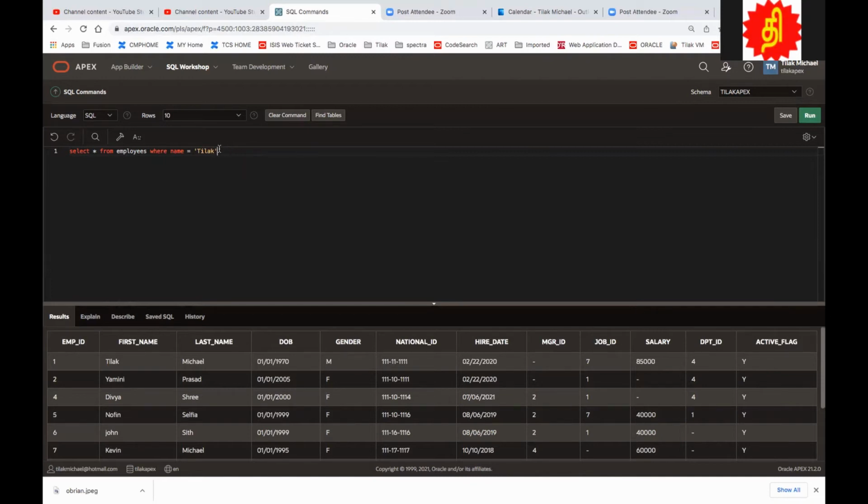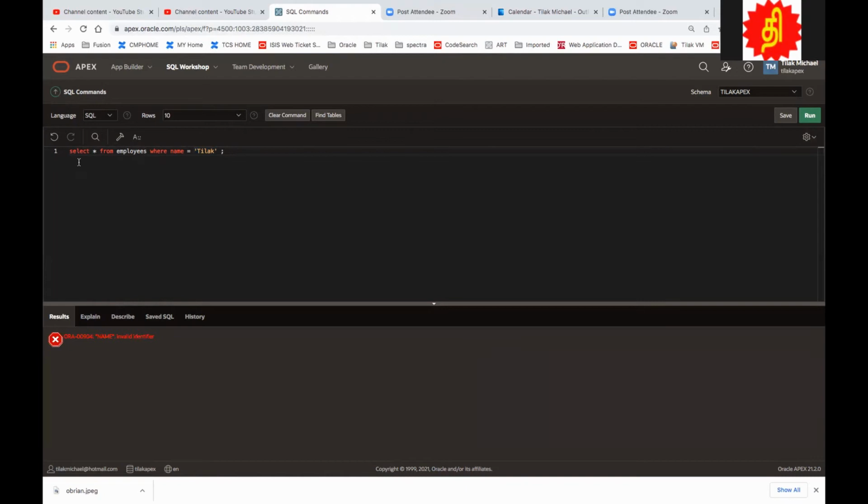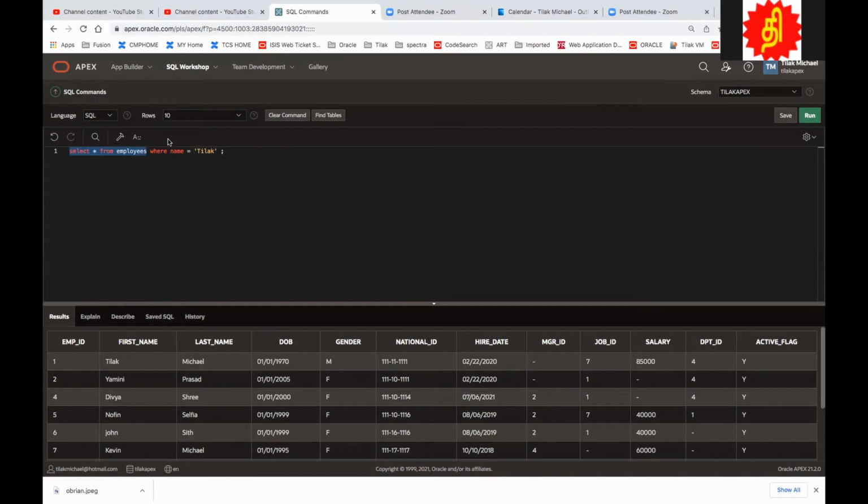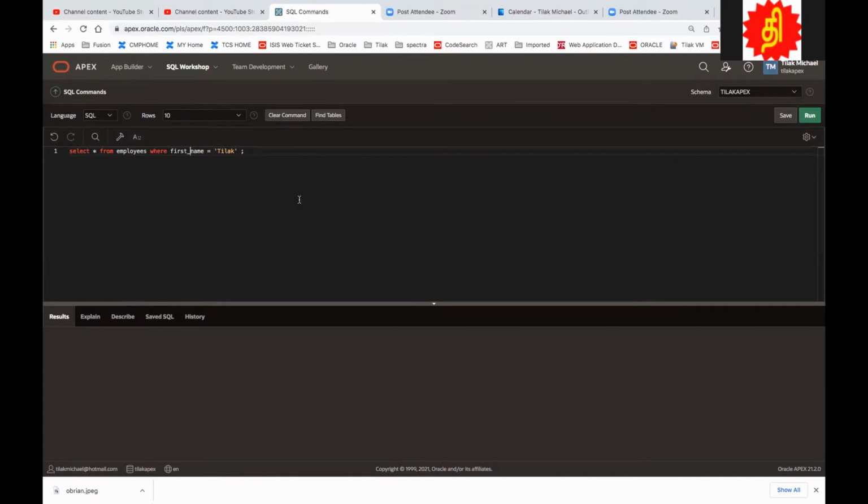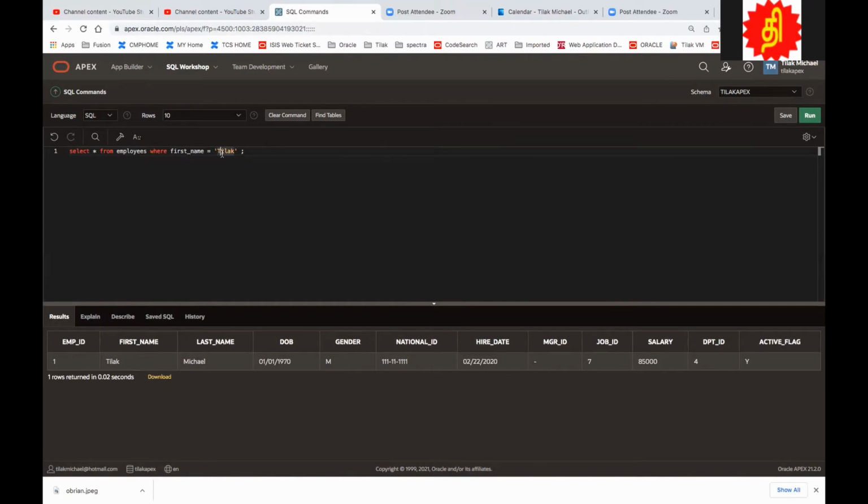Okay. Whenever you are playing with the data, it is what's called case sensitive. It means if the T is capital, it has to be capital. That's all it is. So data is always case sensitive. Okay, first name, sorry. First name is like Tilak. So the column name, this one. Yes, sir. If I make it smaller, it doesn't work because the data is always case sensitive.